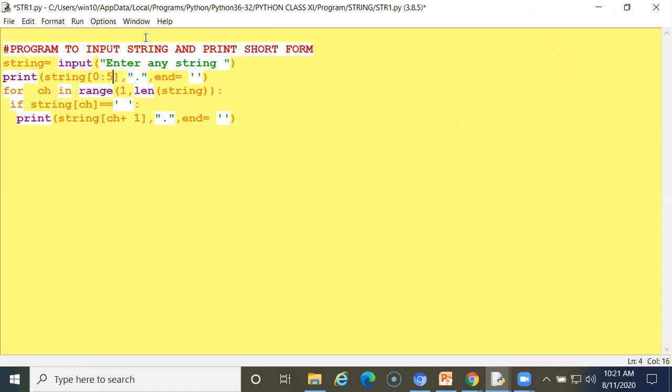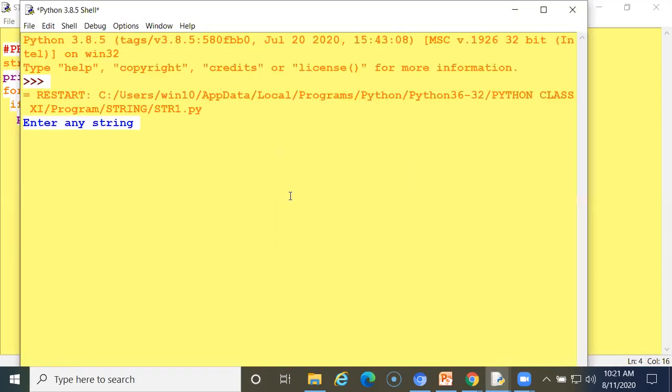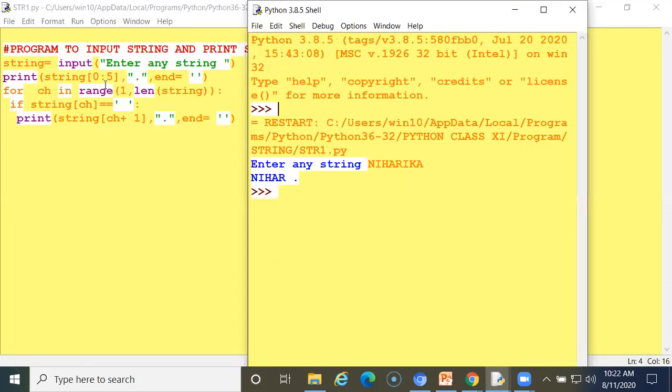So what happens if I run my program? See, I have made a change beginning with 0 and I have put 5 here.